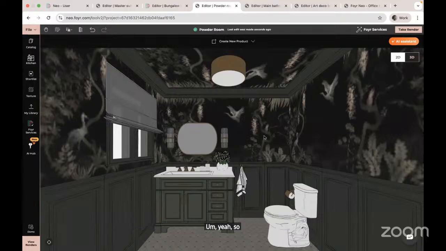Yeah, so that's just my example of how to achieve a wow factor in a small space. How to create a shower niche. So